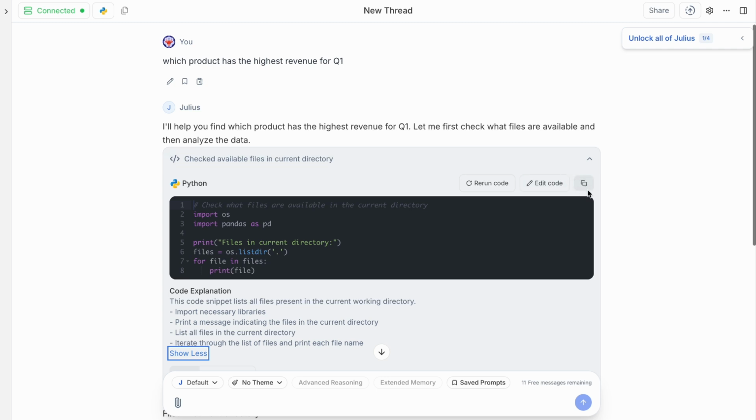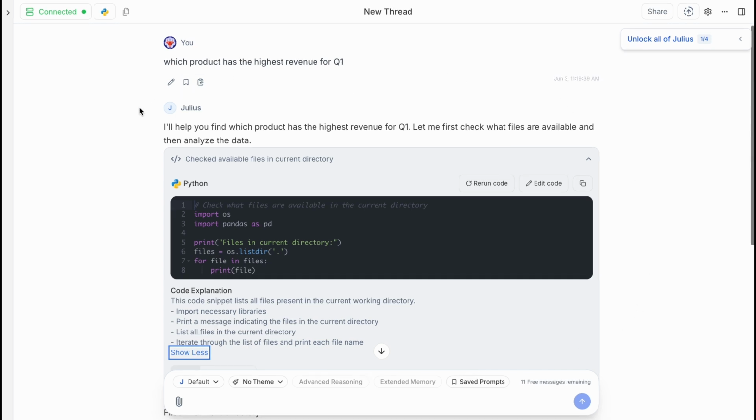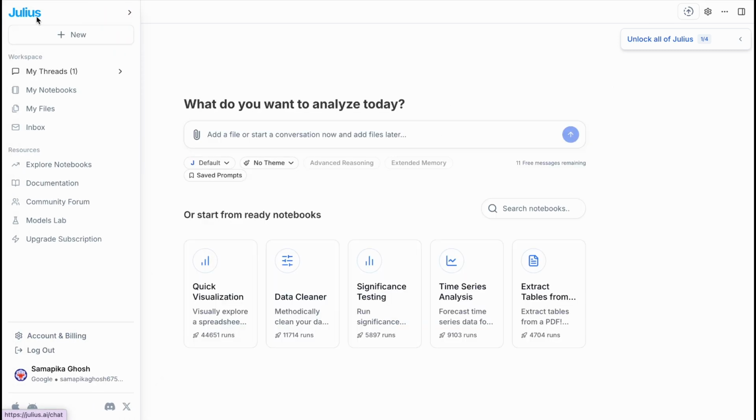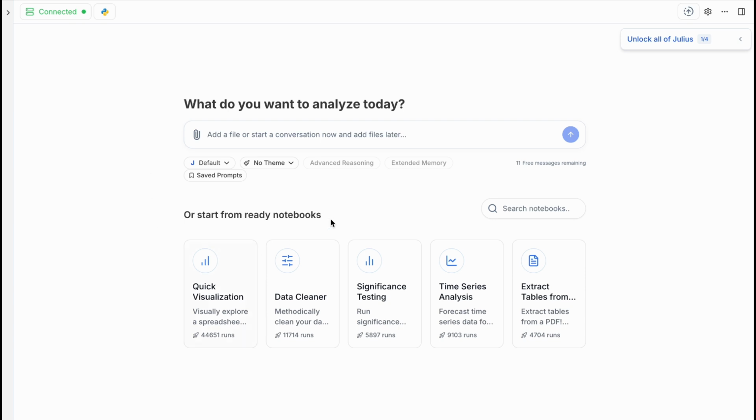And just like this, the prompt of yours will be generated with the coding explanation answer within just a few seconds. So I think now you know how to use Julius AI step by step so that you can get the most out of it and create stunning coding options without knowing a single line of code.